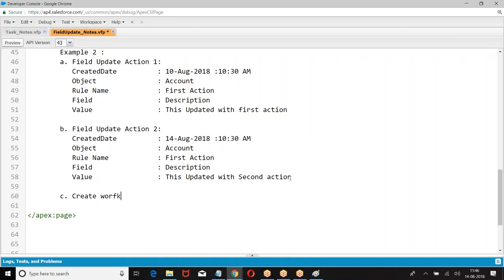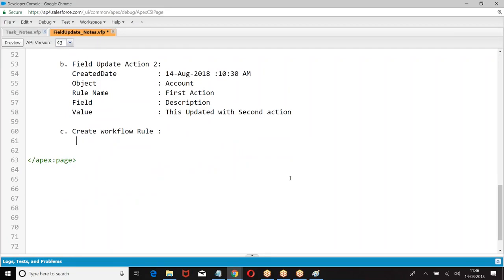Then we are creating a workflow rule. Rule name. Actions. Object is account. Evaluation criteria created, then rule.